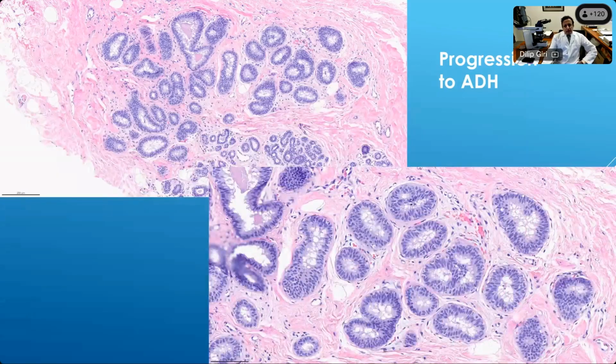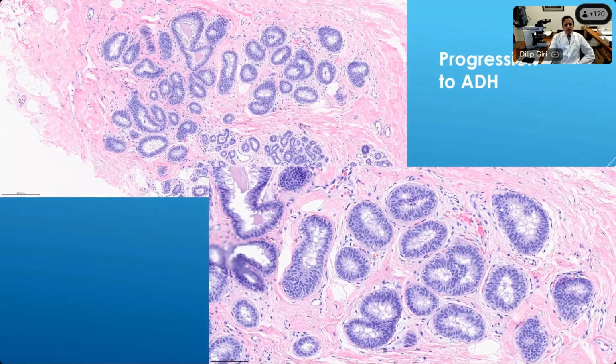And a similar type of progression will happen in the low-grade pathway. So here we are seeing somewhat flat atypical epithelial cells, this is sort of flat epithelial